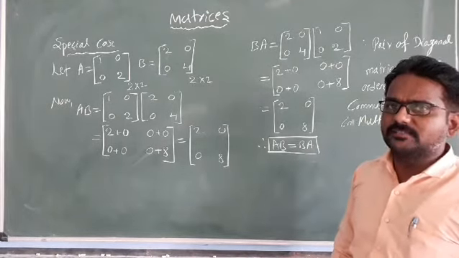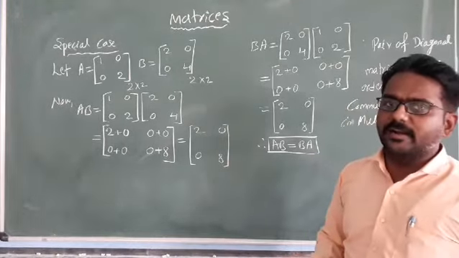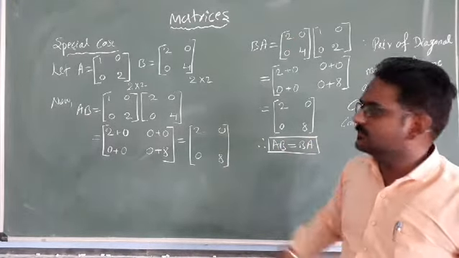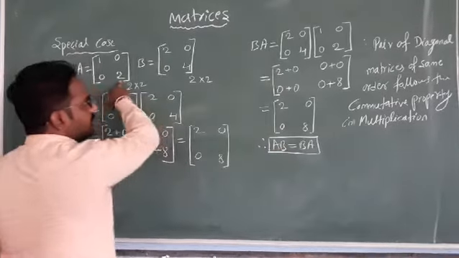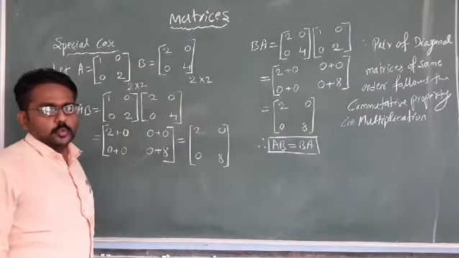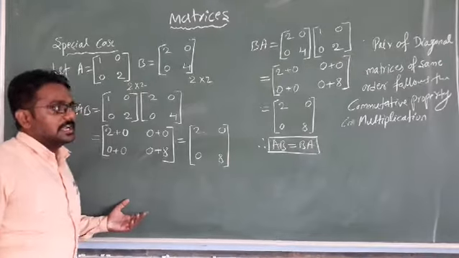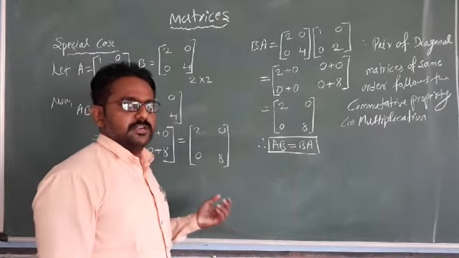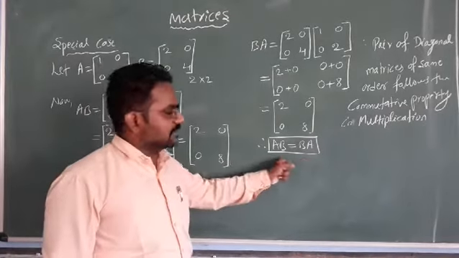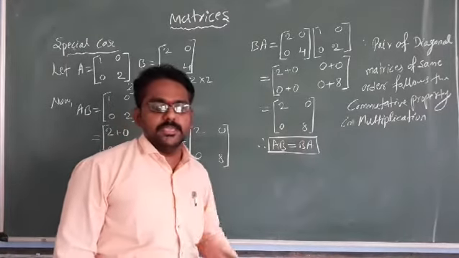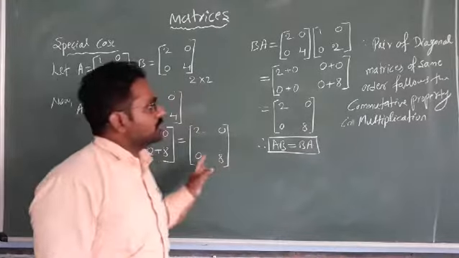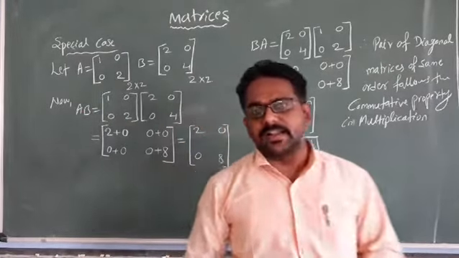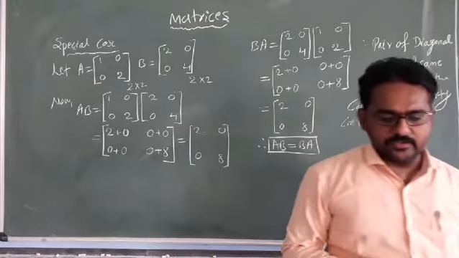What is a scalar matrix? A diagonal matrix is said to be a scalar matrix if the diagonal elements are equal. Here 1 means here also 1. Here 2 means here also 2. So if you consider scalar matrices and do the product of the given two matrices, again that will also follow AB equal to BA. This is the special case. It is not possible for general matrices or matrices other than diagonal matrices. Okay, note it down, students.